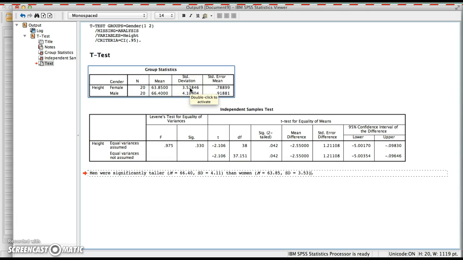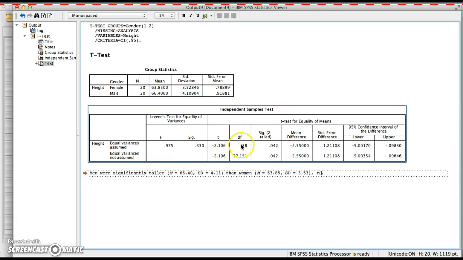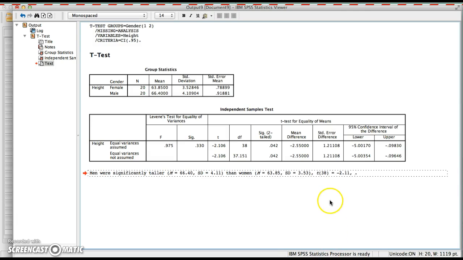Now we have to report the statistic. You do a comma, a space. Now you do an italicized lowercase t, parentheses, report the degrees of freedom, which we get from right here. 38, close your parentheses. Space equals space, report your t-score, negative 2.11, comma, and then report your p-value. Now remember, we said we divided that in half, 0.021, so we italicize a lowercase p,